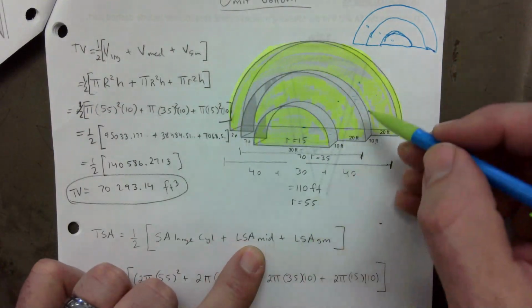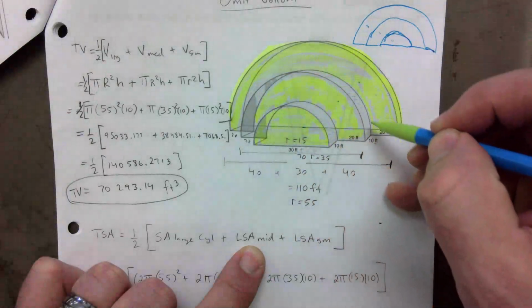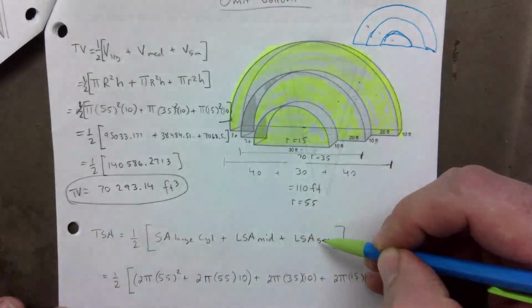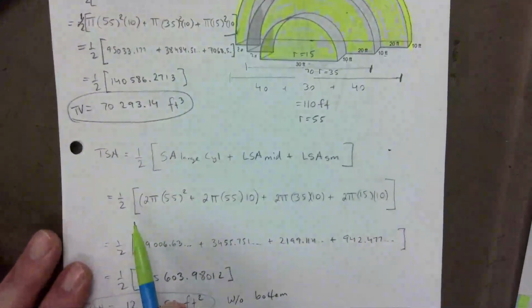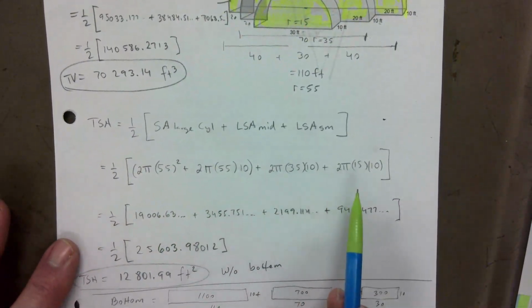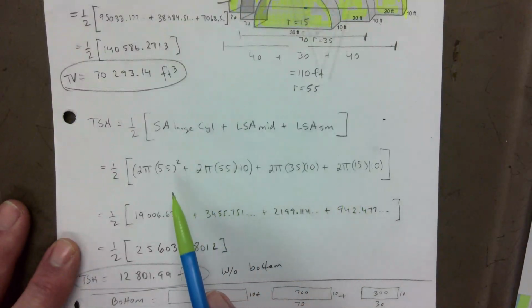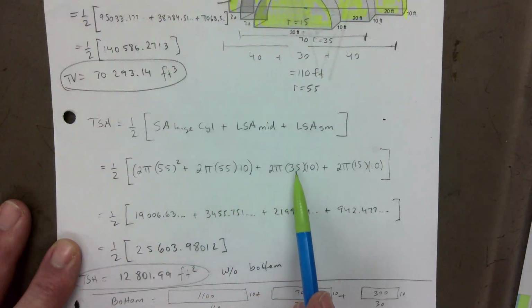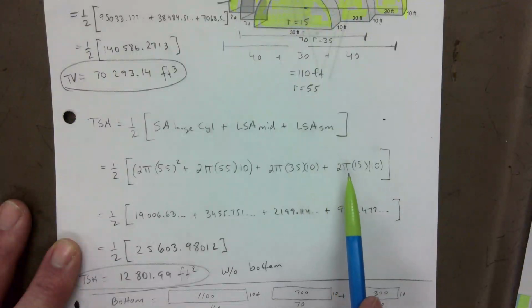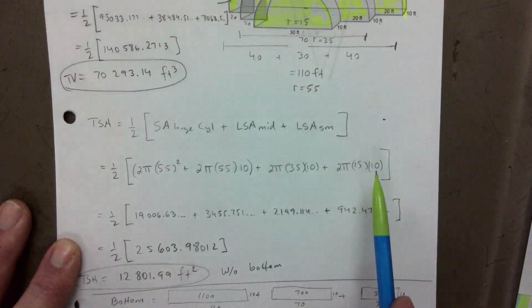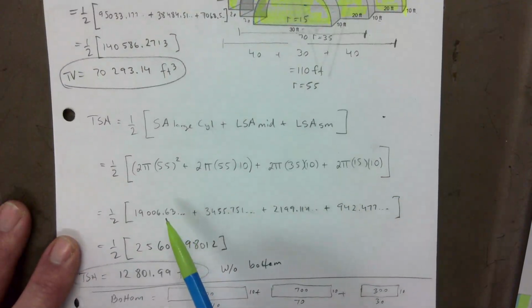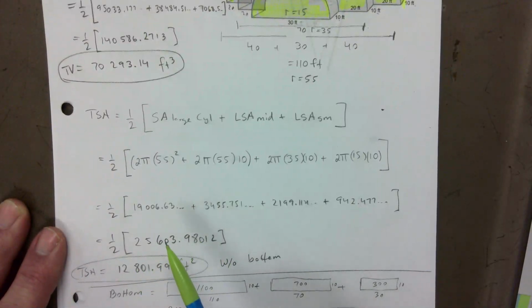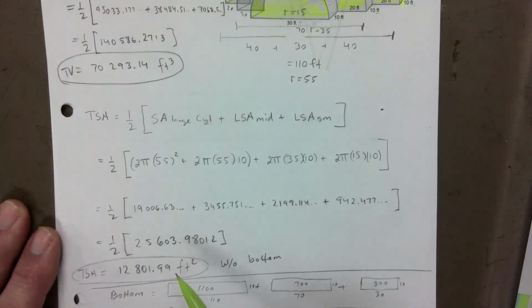And then lateral surface area of the middle, I just want that little ring on the outside and the little ring for the small cylinder there. And then it's just a matter of plugging everything in and being very careful how you compute that. Right, it's 2 pi r squared plus 2 pi r h plus 2 pi r h of the medium plus 2 pi r h of the small. And I add everything up, and I end up with 25,000 and some. Divide that in half, you get